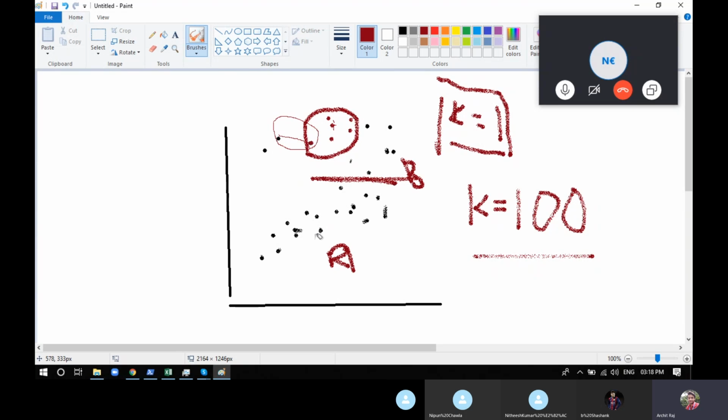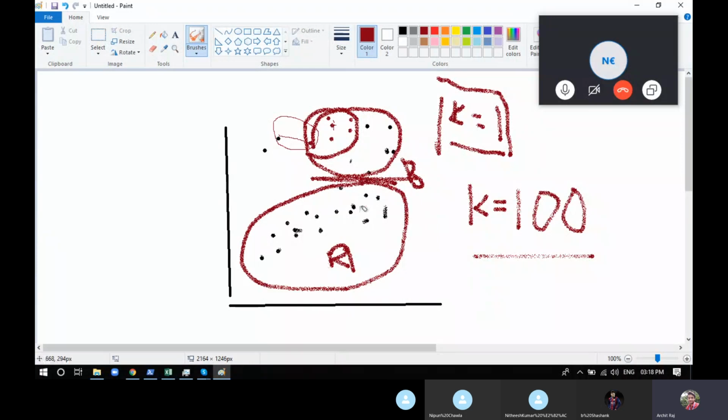It means it will find the classes present across all the points in the whole data set. So even though this particular point is closer to this class, because the number of objects in class A is more compared to the number of objects in class B, it will be assigned as a class A object, because you gave the value of k way too big. So you have to find the exact value of k where we can get the accurate answer.